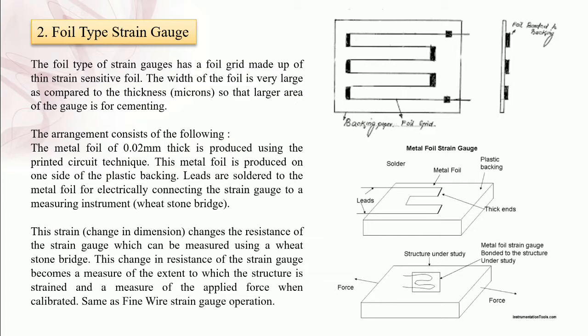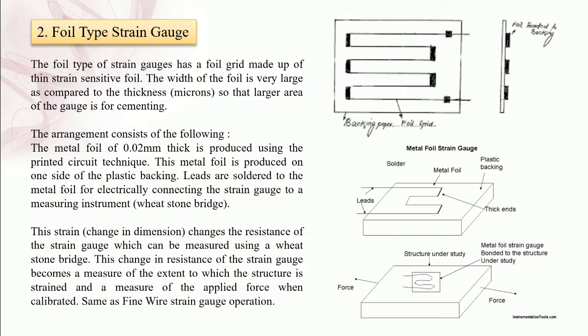Foil gauges have a much greater dissipation capacity as compared with the wire wound gauge on account of their greater surface area for the same volume. Due to this reason, they can be employed for a higher operating temperature range. In this gauge, the bonding is better due to the large surface area of the foil, and the bonded foil gauge finds a wider field of action.